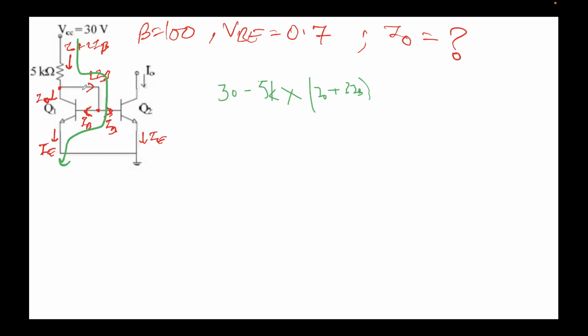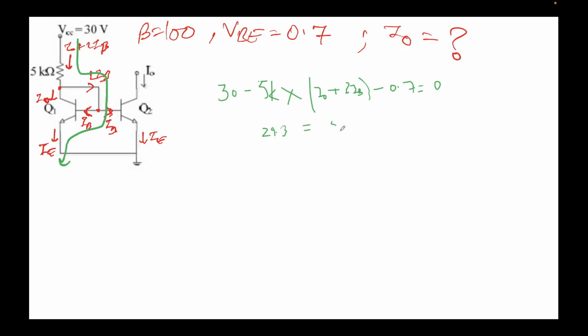And then there is no current drop here, and then there will be a VBE drop here, so this will be minus VBE again, because we are in forward active mode, we'll assume that the drop is 0.7. This should be equal to 0. Very simple. So this will come out to be 29.3